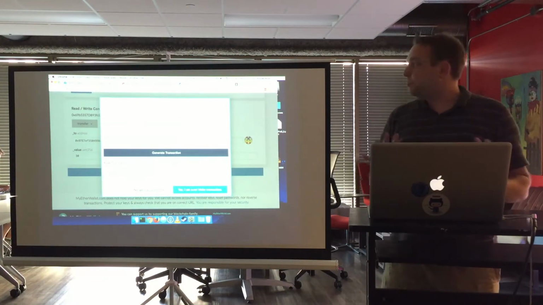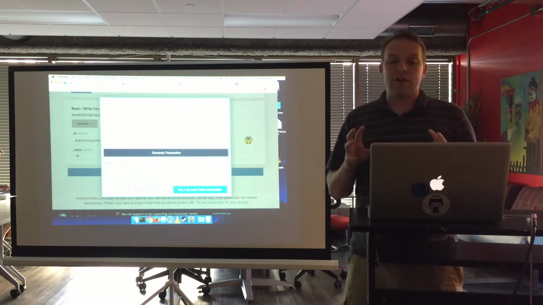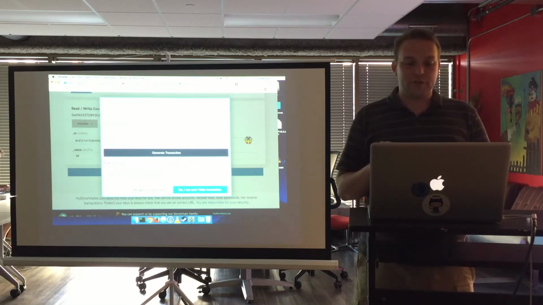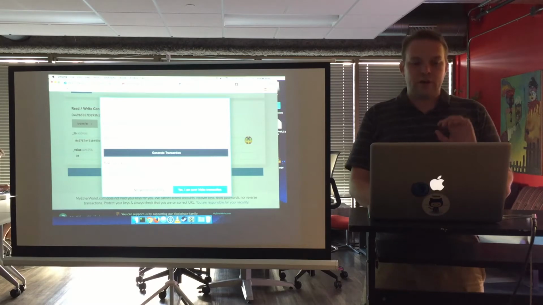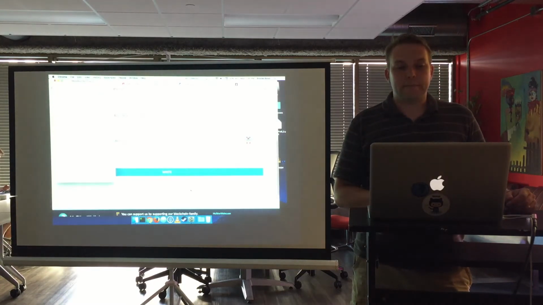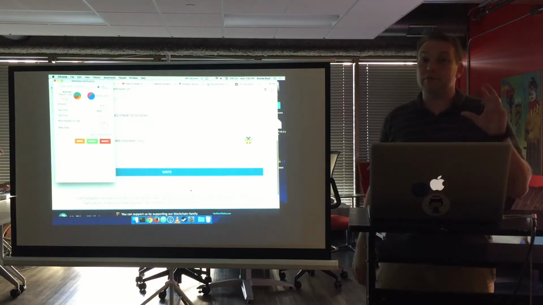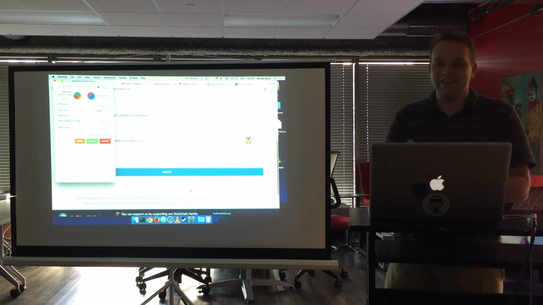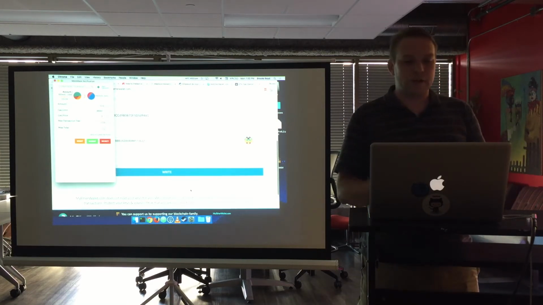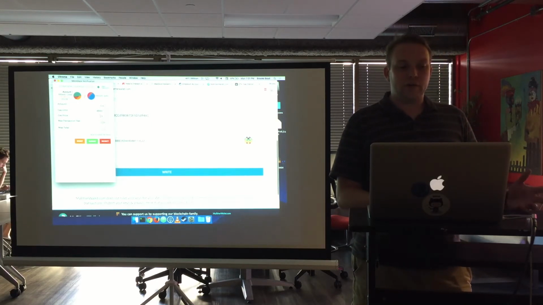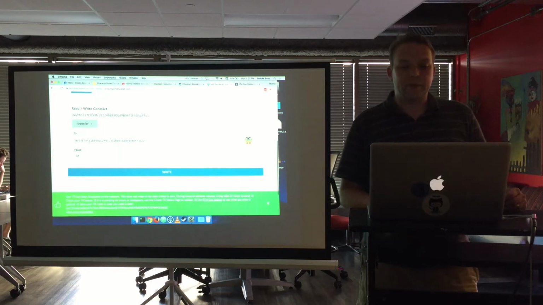So now this dialog with the blue border around it is still MyEtherWallet saying, you're doing something very advanced. Are you sure? Double check all your numbers that you put in here. And it is right now going to say, yes, this is the amount of basically CPU power I need and all the things there. So make that transaction. Now what's popped up is my MetaMask wallet saying, hey, this website wants you to do something. Do you agree? I have the secret to allow you to do it. And indeed, here it is. That same data payload, the 3 gigawei cost for gas. I say, yes, I do want to do that.